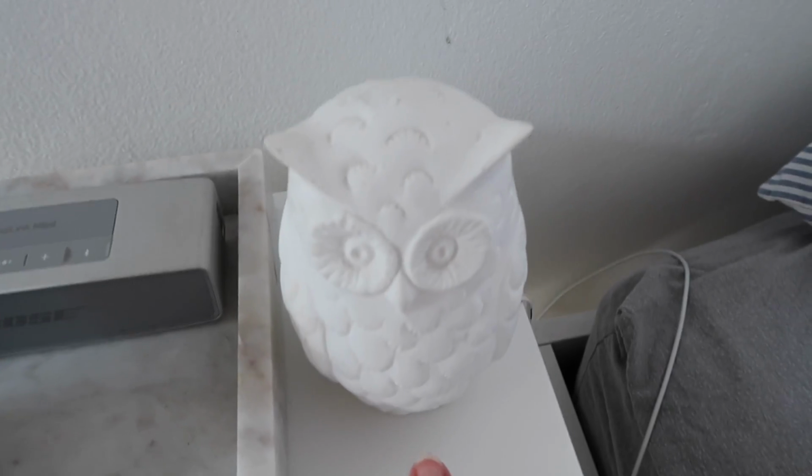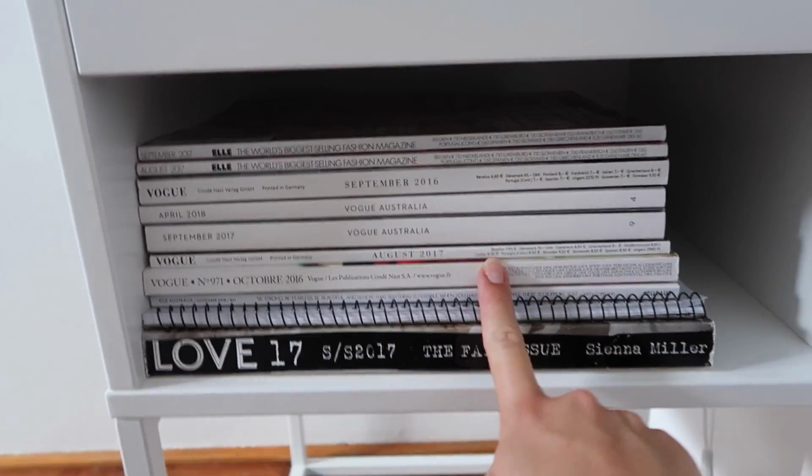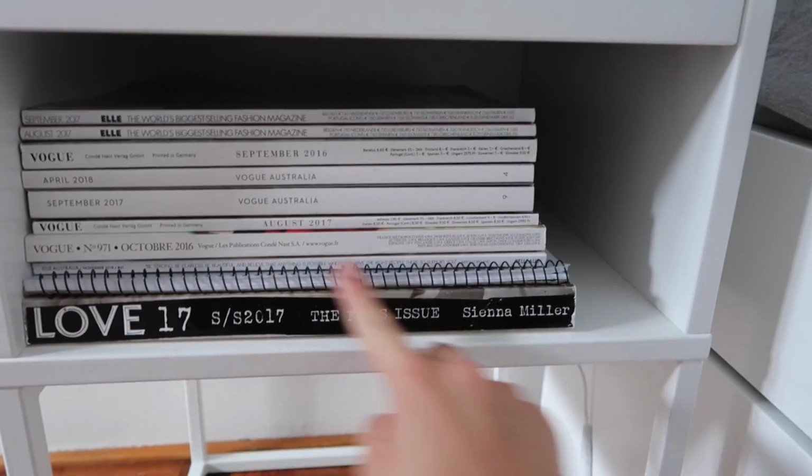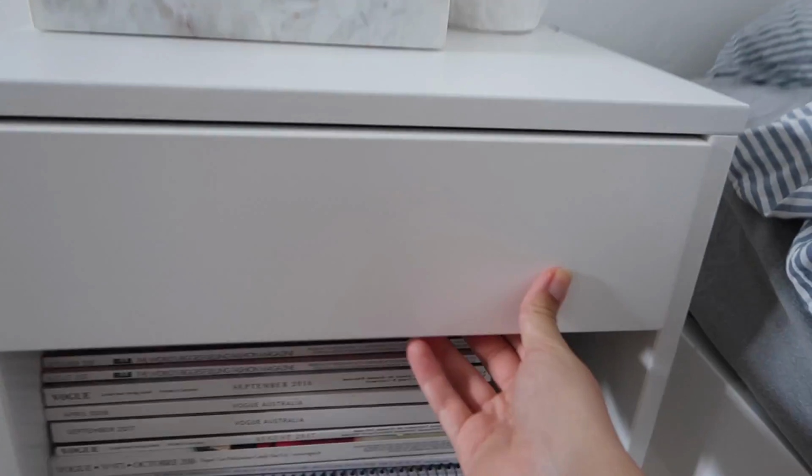And then I have this little owl, and this is actually a little night lamp. My brother got this for me and I love it so much. Then down here, I have a bunch of magazines. I have one big notebook if I want to write stuff down, another magazine, and then in the drawer